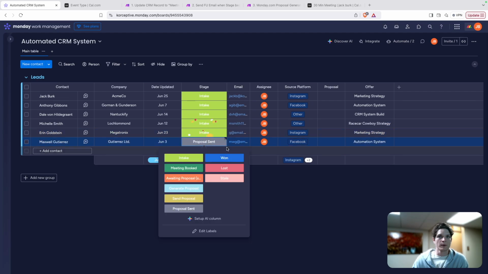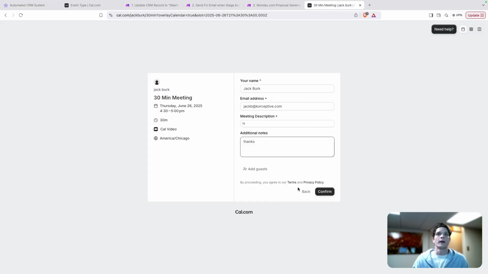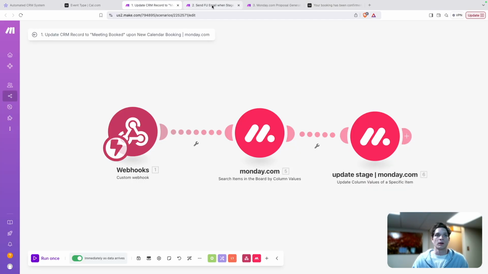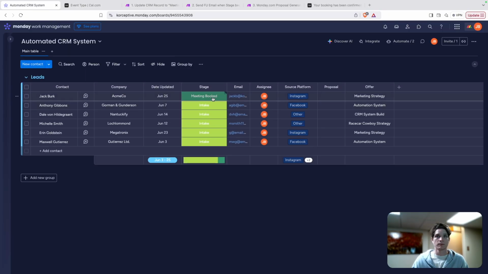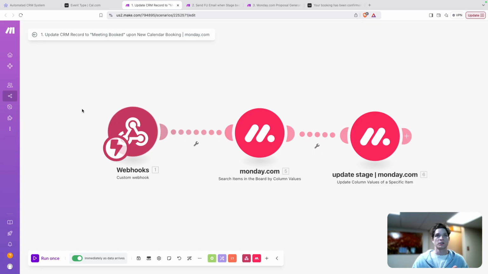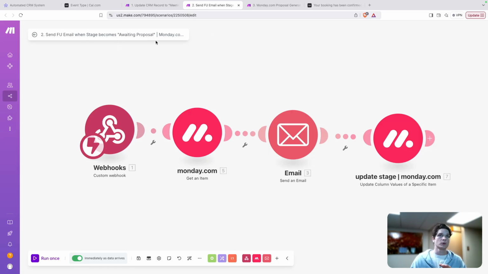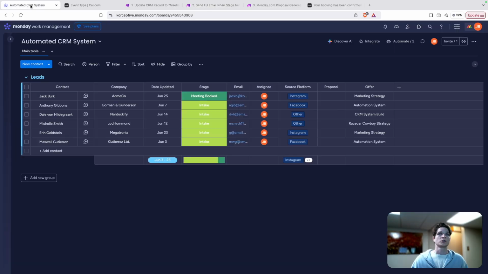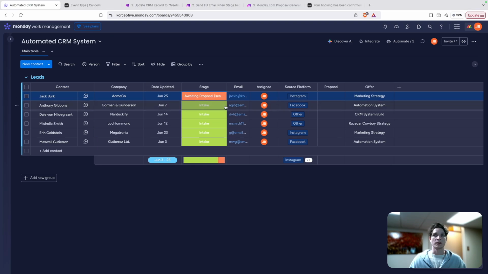And just for simplicity, I'm going to go ahead and change all these back to intake, and then I'm going to run this on myself, and I'm going to hit confirm, and then we'll see that these automations just run automatically. So we'll see meeting booked. So that's that first automation that just ran, and it changed the CRM field to meeting booked. And then the second automation, so if we manually change the CRM field to awaiting proposal, this flow will run, and I'll show that now. So awaiting proposal, and then it will send an email,